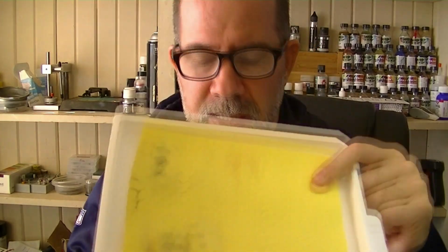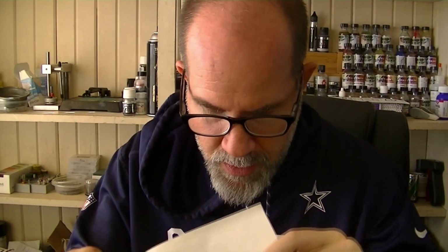basically a plastic dish that has a sponge in the bottom of it, like this, and then it's got this piece of parchment paper on top of the sponge. So what you do is you soak the sponge, put the parchment paper in there, and then you've got this humid environment that will help keep your acrylic paints wet and fresh. The parchment paper lets you put water on it if you're using that as a thinning agent. And then once you put the lid on, then you've got that moist air trapped in there, and allegedly it'll keep your